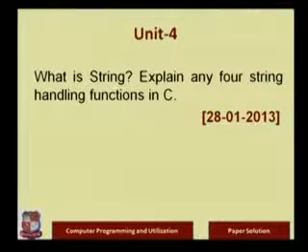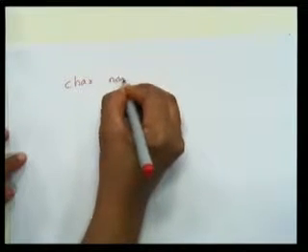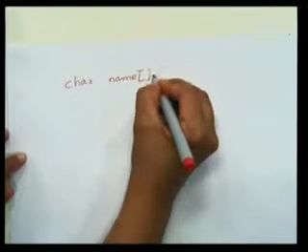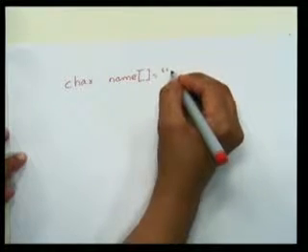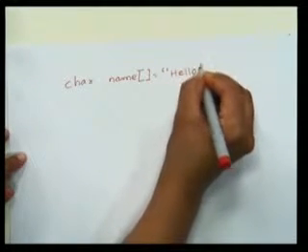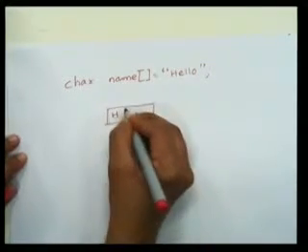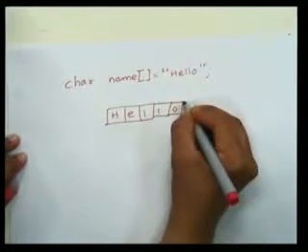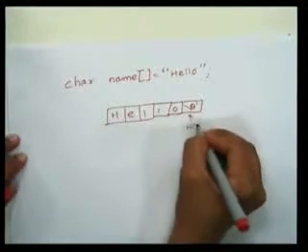You have to write character. If I want to store my name, I can specify the size here. Or if I don't specify the size, it will directly take it by counting the number of characters in the given string. Now this by default will have arrangement like this: hello, and at the end you have \0. This is string terminator or null